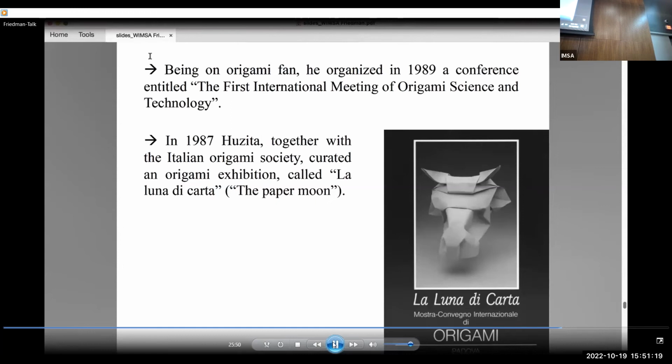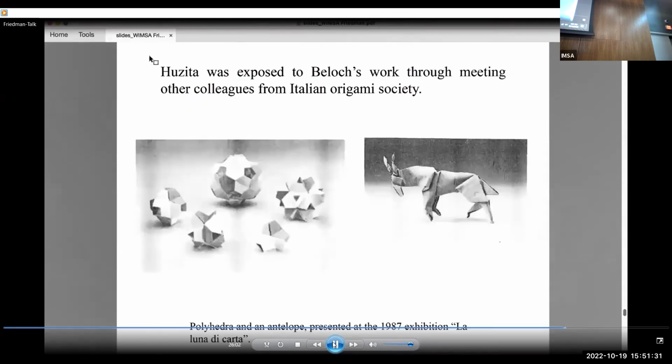However, Huzita, in his contribution to the catalog, does not mention any mathematical discoveries that paper folding may prompt, although several models of polyhedra were presented in the exhibition, as well as other models. It seems that Huzita was exposed to Beloch's work through meetings with other colleagues from the Italian Origami Society, where he was also a member. Indeed, Huzita acknowledges these colleagues from the origami community in 1988 in an article published in a journal called Quadrato Magico, where he showed how one can solve any